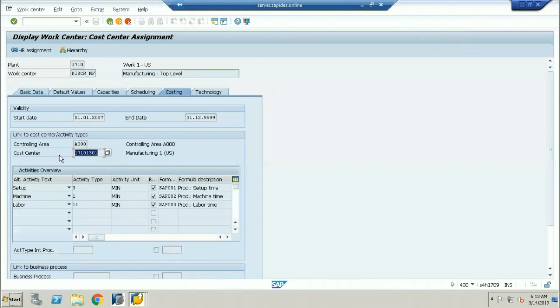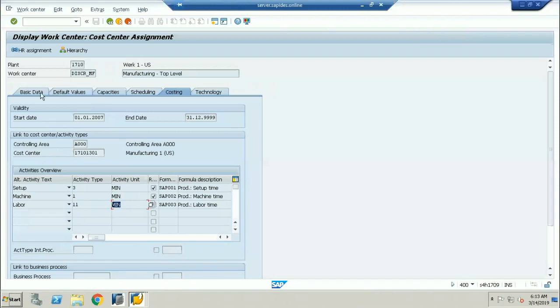This is the cost center I am going to take from the overhead calculation. So this cost center will become the credit, and your production order will become the debit once you confirm the activities. This production setup activity I have taken as manual, and it is working based on the activity units, which are minutes. The machine is also working on minutes, and labor is also working on minutes. So these are the 3 activities that have been confirmed. Once the production order has been confirmed, what happens here?